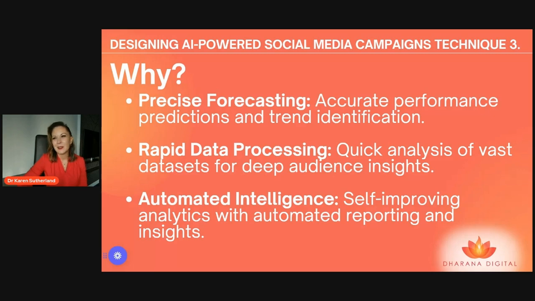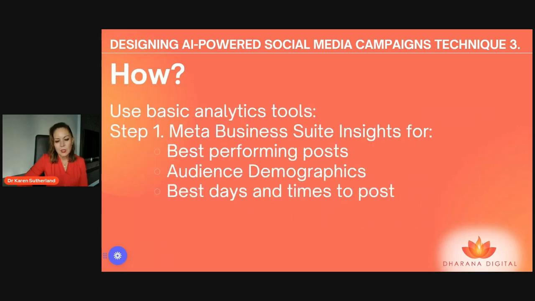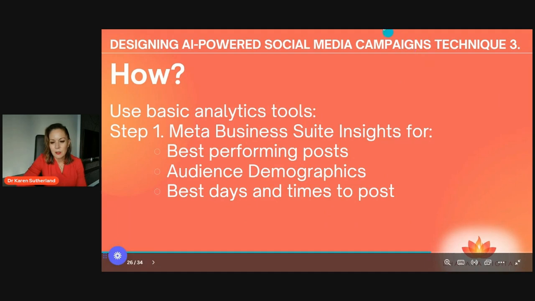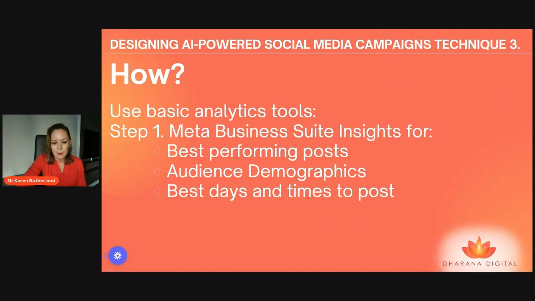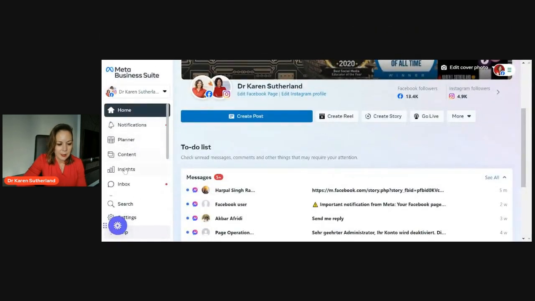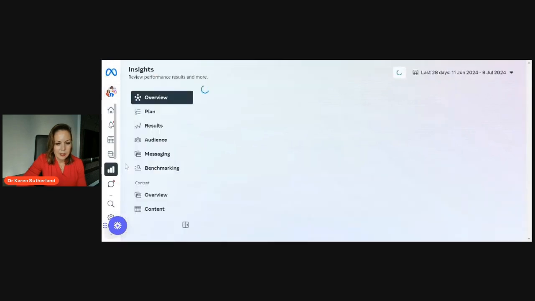It's all about becoming more accurate, taking less time to do these sorts of things, and forming stronger relationships with your preferred customer. And it can do it quickly, and it can do it on its own to a degree. There are different ways that you can do this, and on a basic level, you can use your Meta Business Suite insights, particularly for Facebook and Instagram. We've looked through this in a previous webinar, but I want to show you this again.